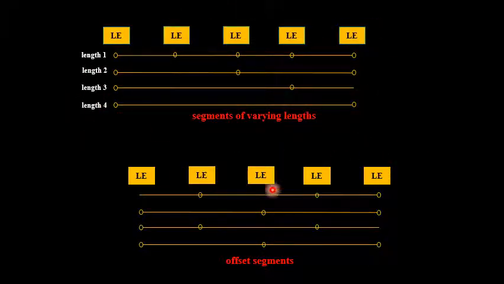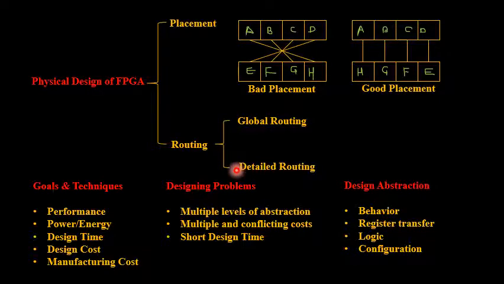These are the concepts behind the interconnects we make use of when they have variable length. Similarly, offset length is going to repeat one after another. Just like the segments of varying length, I can have offset segments also, wherein I have a connection. Say this is the length I maintain for the first signal, and this is the length I maintain for the second signal, and it will go on repeating again and again one after the other, in the same manner. So how many offset segments I have used in my designing or programming. So we have a brief knowledge about the FPGA architecture.